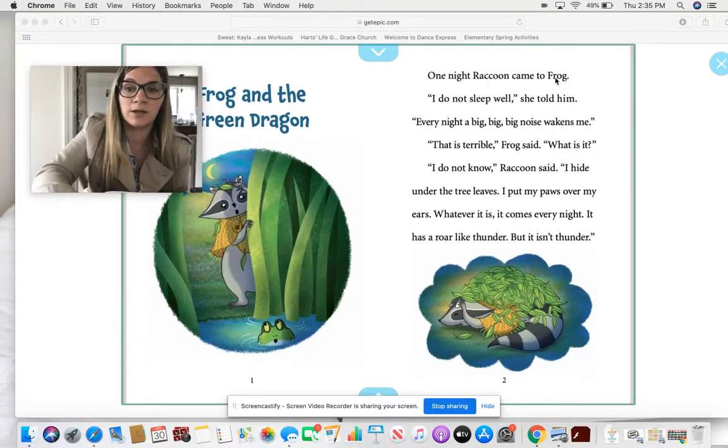One night, Raccoon came to Frog. "I do not sleep well," she told him. "Every night, a big, big, big noise wakens me. That is..."